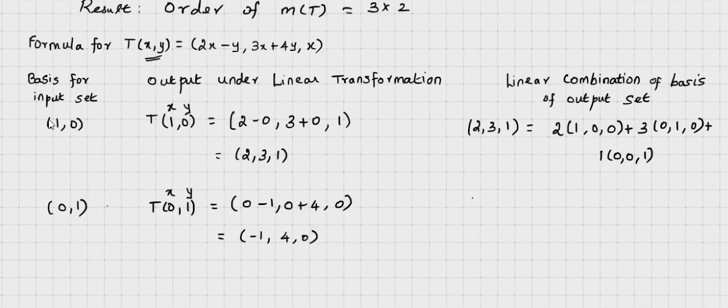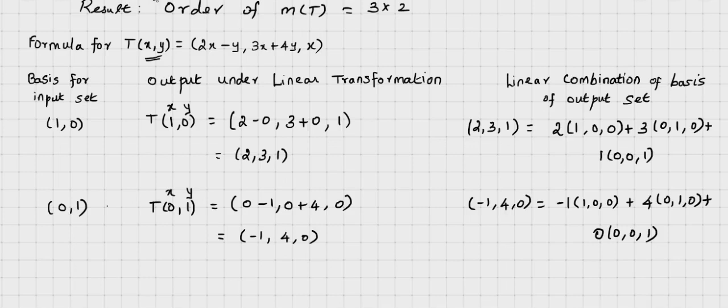So this quantity I am writing as a linear combination of again the same thing, that is 1 0 0 plus 0 1 0 plus 0 0 1. Again the task is very simple. If I put minus 1 here and 4 here, just put them in order. You multiply minus 1, 4 and 0 and then add, and you will get this result. Now the next thing is we have to write the matrix.